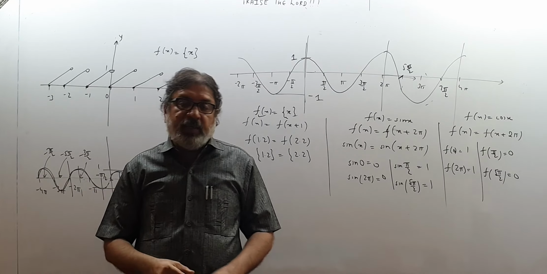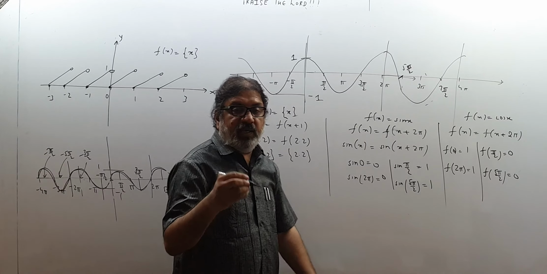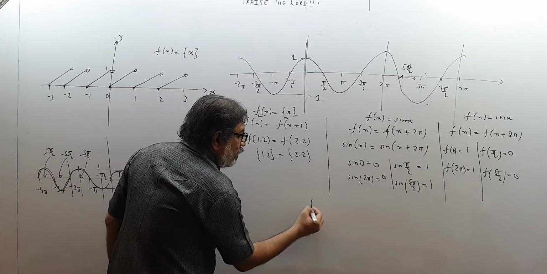So if p is the period of the function, like 1 over here in this case, 2 pi over here, 2 pi over here, then f of x will be equal to f of x plus p for all values of x, naturally, because you can take any value of x. I took 2 or 3 for example, but you can take any value and check whether we are getting the same value or not. Please pause and copy, children. I want to take up more things.